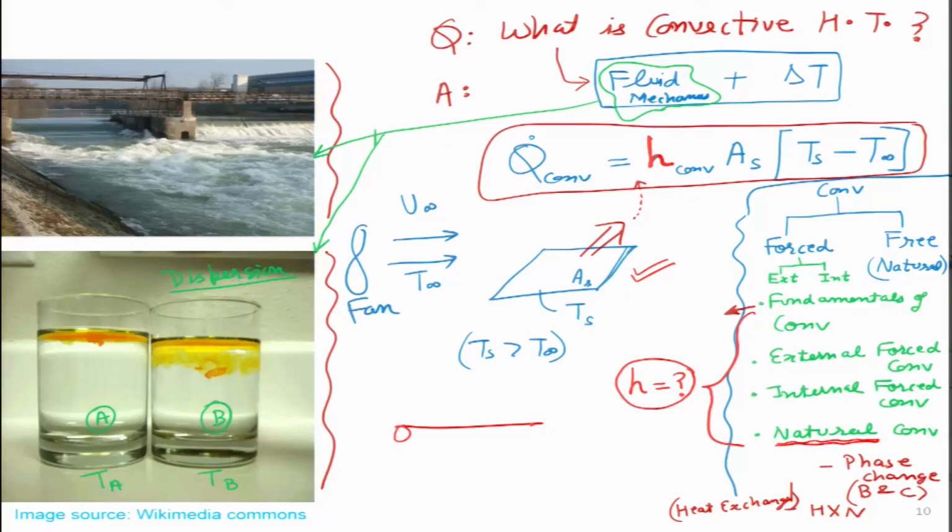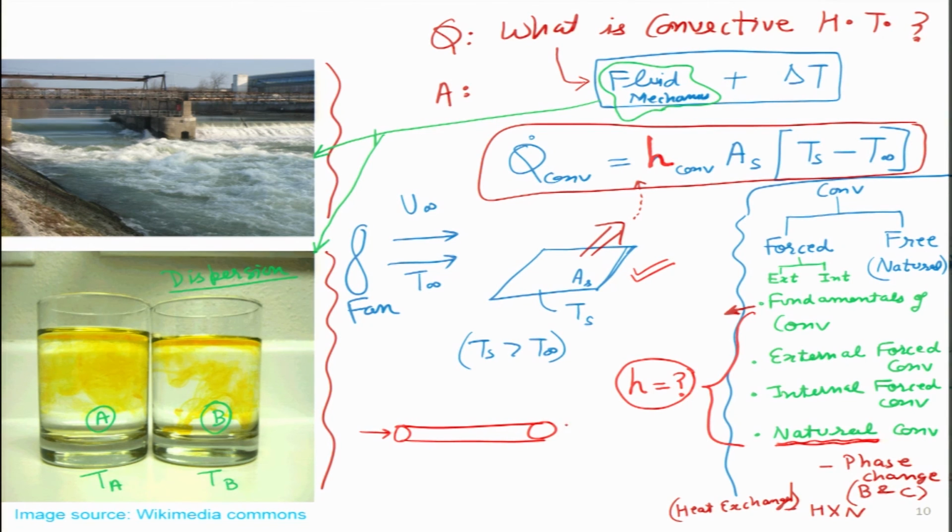I can also automate the process by putting a fan over here. So if there is a fan whose air is actually directed over here, then the temperature will drop much faster. What are other examples? If I am standing in this room, let us say, and I have an air conditioner present over here. So the indoor unit is known as the evaporator. So what is happening over here is that there are a set of tubes, usually made of copper, in which chilled refrigerant is actually passing and it gets evaporated. And because of that, it takes away heat from this room, and in turn it is actually cooling our air.